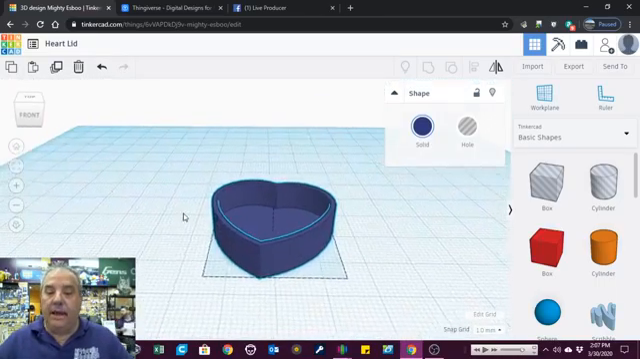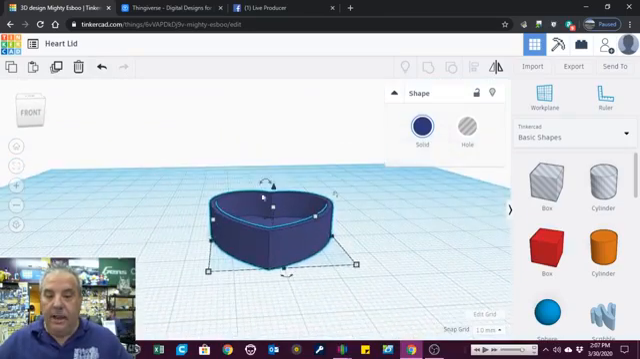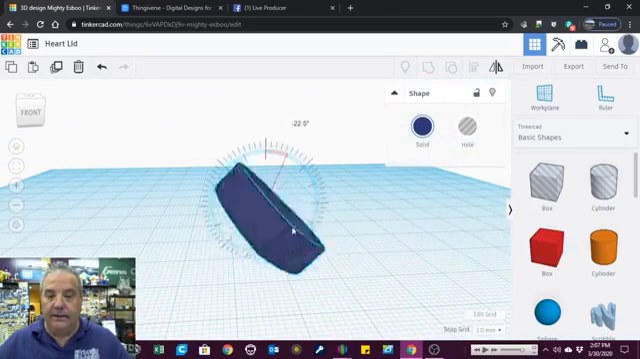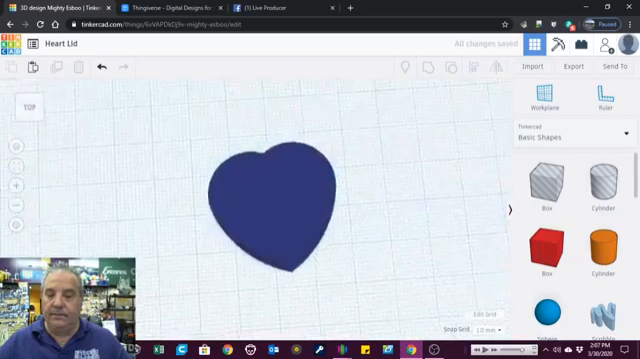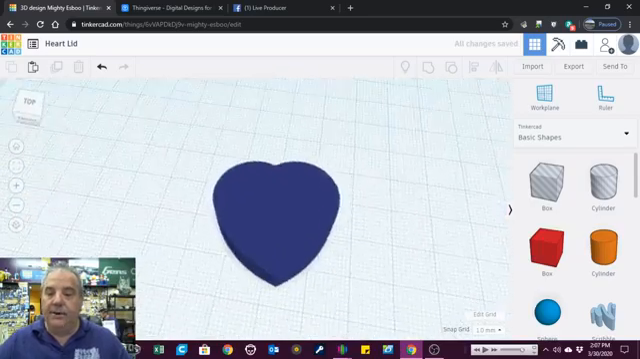Now, I want it on the top, so what do I have to do here? I have to rotate this guy 180 degrees. Sometimes, there it is. Okay. Now, the first thing I'm going to do is